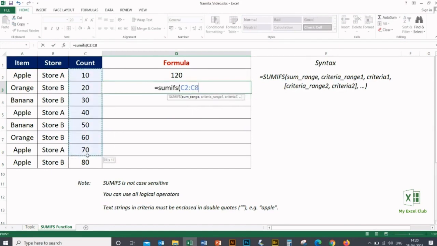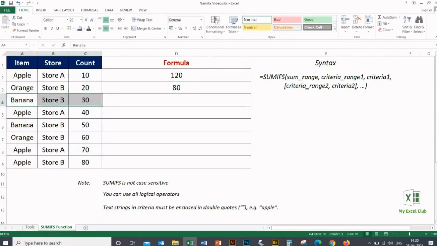My range is C2 to C9, comma, the range of first criteria. This is my range, comma, and what is my criteria? My criteria is apple. This time we will take, say, banana. Close the bracket, press enter. It is giving me 80. Let's count manually: 30 plus 50 gives me a sum of 80.